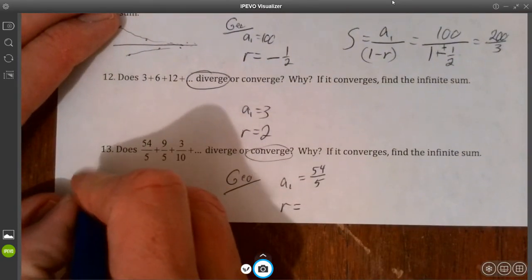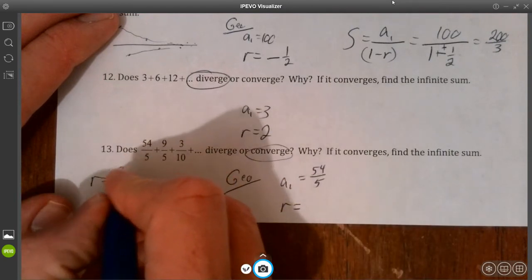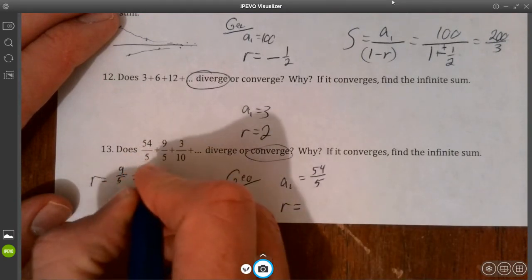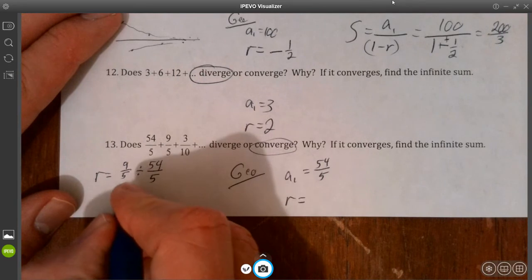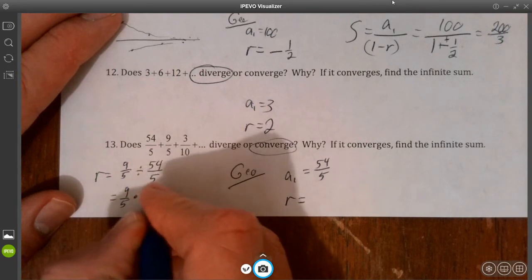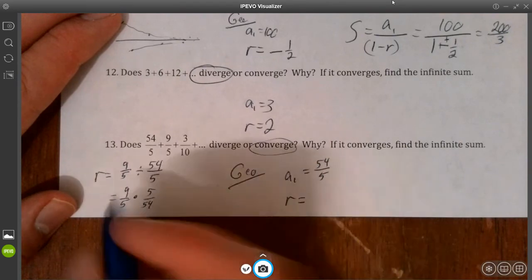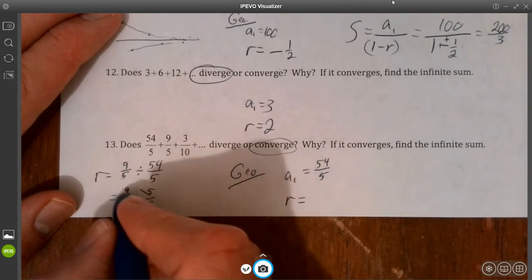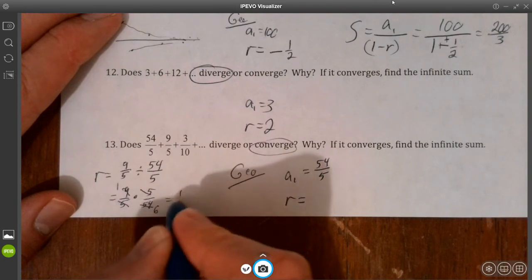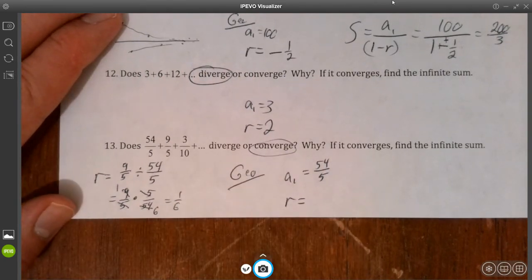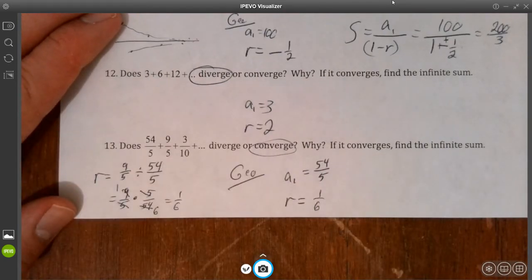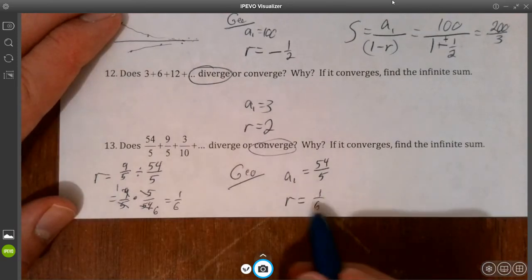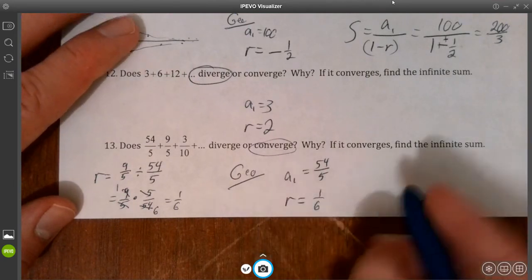my common ratio is my second term divided by my first term. And so when I'm dividing fractions, I'll keep that one, multiply, do that. There we go. Cancel your 5s. 9 goes into itself once. 9 goes into 54 6 times. 1/6. My common ratio is 1/6. That's not obvious at all. There we go. We're multiplying by 1/6 every time. And so therefore, because this is a number between -1 and +1, this geometric series will converge, and